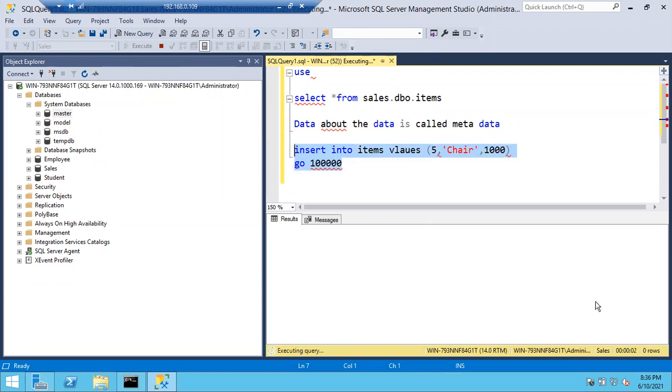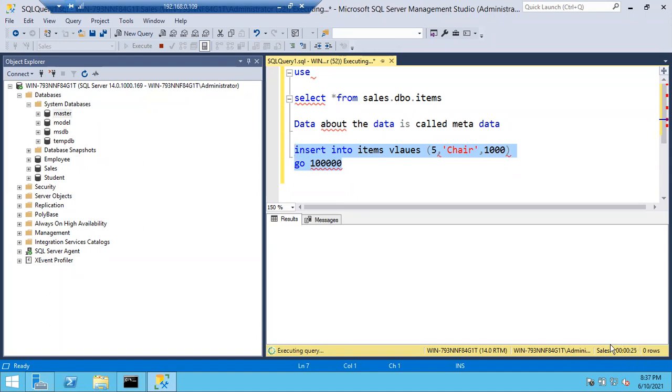So the records will be inserted. Now you can see the time here. It shows since how many seconds or minutes or hours the query is running; this is seconds, this is minutes, and this is hours.